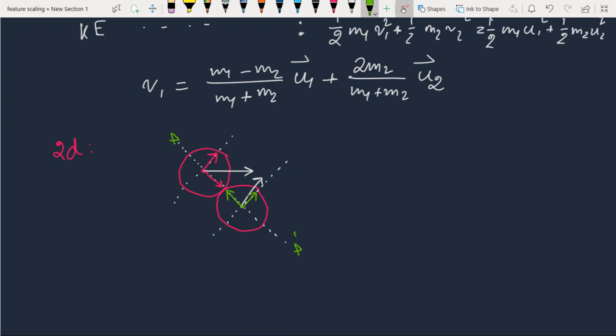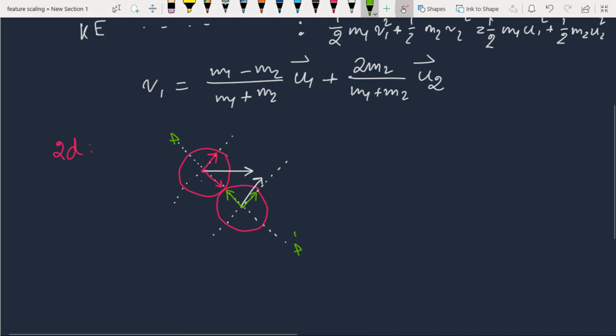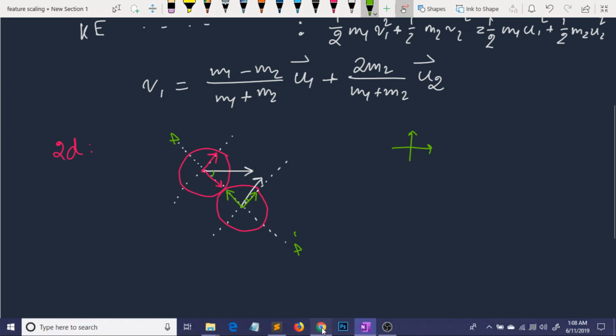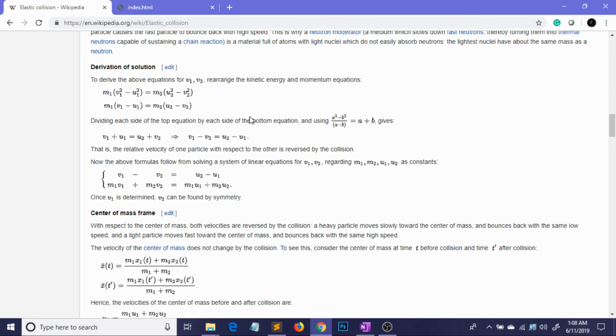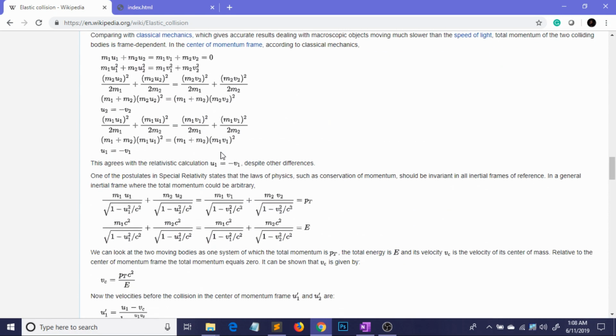Now let me just show you how we are gonna do it here, because I'm definitely not gonna derive the formula, because in the derivation you can see that there will be the thetas there to resolve the vectors, and also the angles with respect to a global coordinate system, like that. But I'm not going to derive that. I'm going to show you the Wikipedia page where you can actually find the formula. So this is the Wikipedia page, by the way. So if I just scroll down a bit